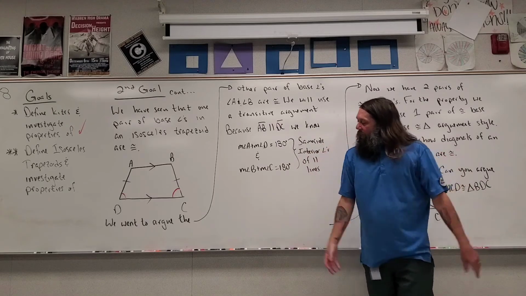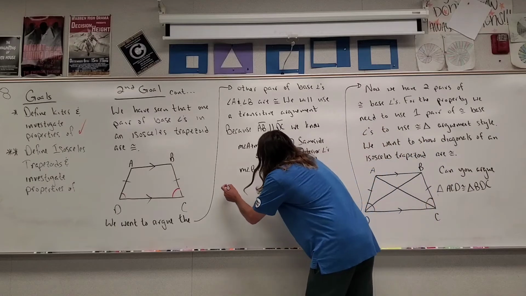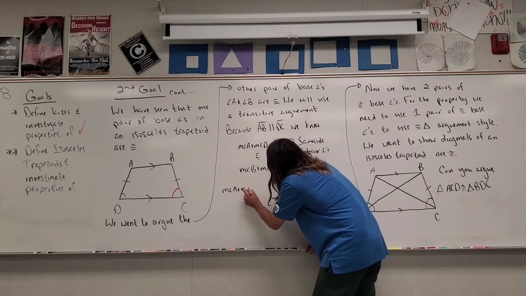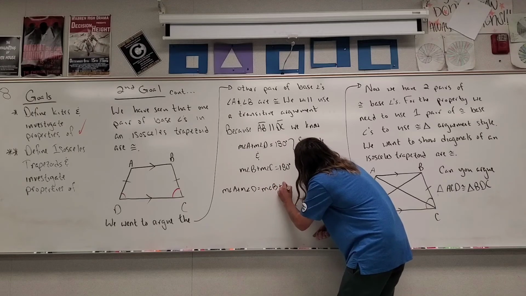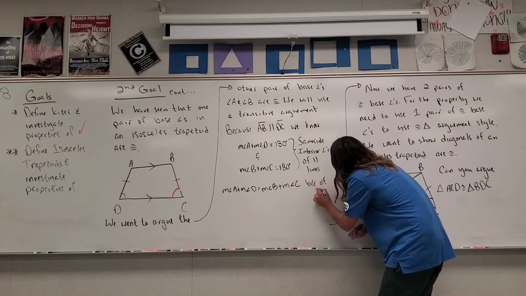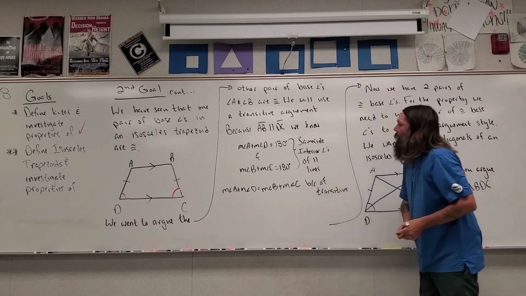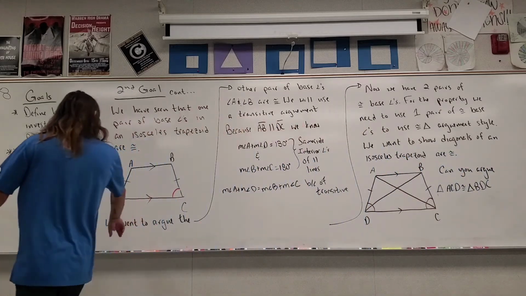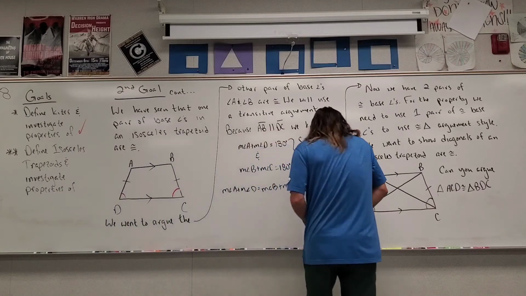So now I can combine angle A and angle B into one equation, which is what the transitive property allows us to do. So now we have the measure of angle A plus the measure of angle D. That's equal to the measure of angle B plus the measure of angle C, right? This is because of transitive. Now, this next step might not be so clear, but I can cancel something out in this equation. Now remember, we know that angle D and angle C are congruent, which means they're equal. So if I was to do this, minus